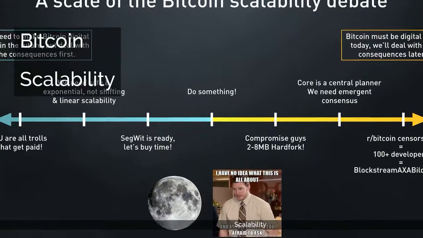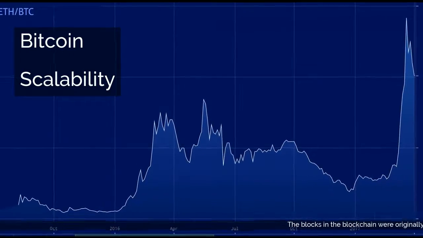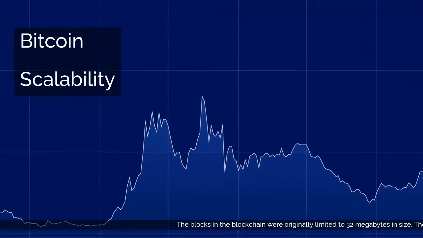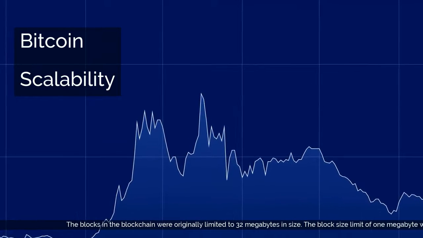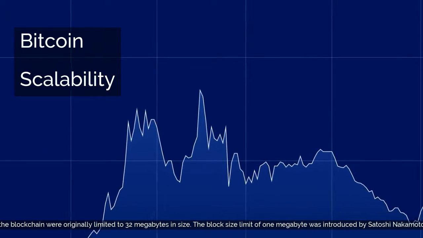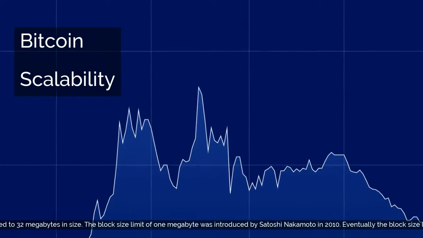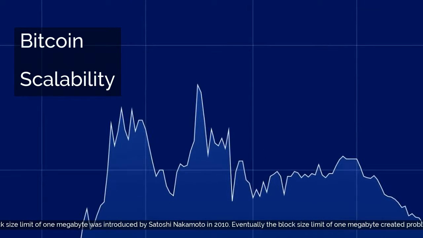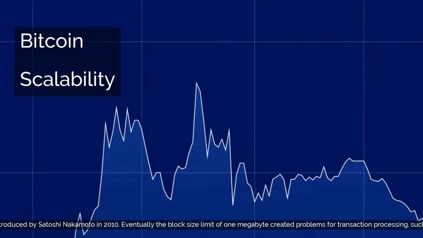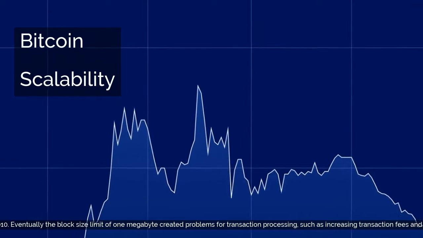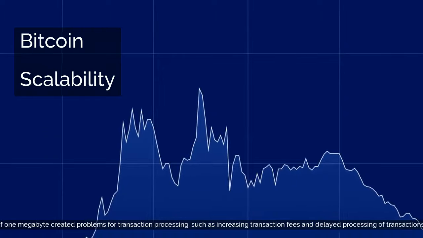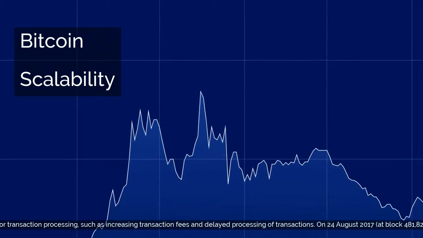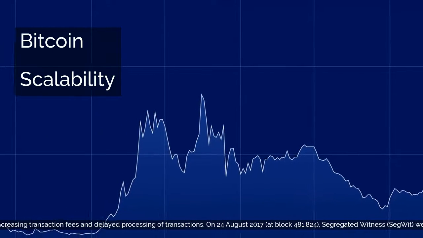Scalability. The blocks in the blockchain were originally limited to 32 megabytes in size. The block size limit of 1 megabyte was introduced by Satoshi Nakamoto in 2010. Eventually, the block size limit of 1 megabyte created problems for transaction processing, such as increasing transaction fees and delayed processing of transactions. On August 24, 2017, at block